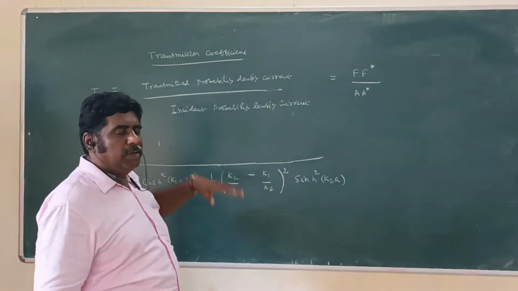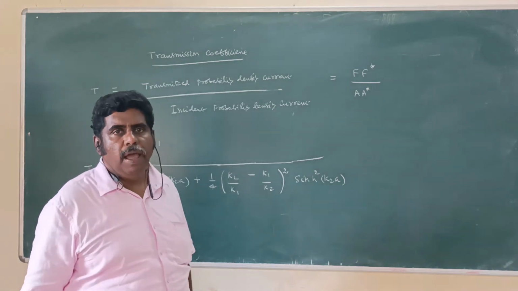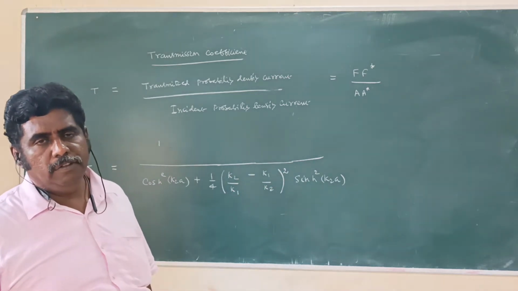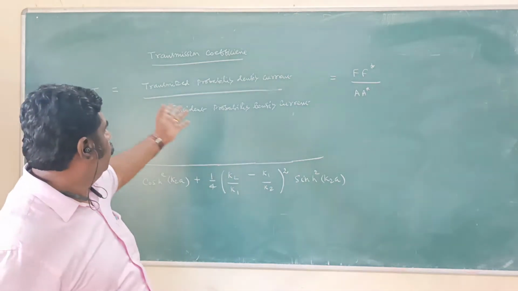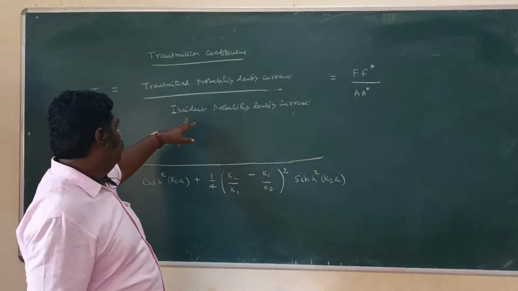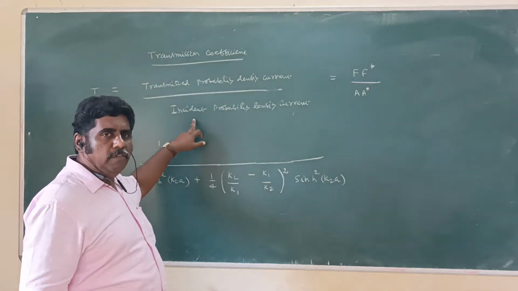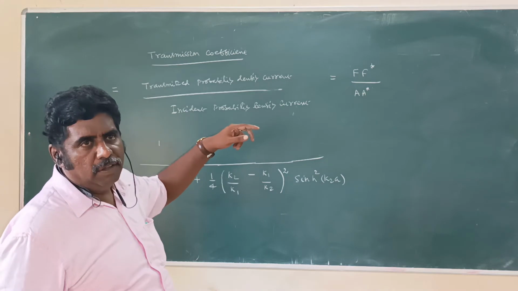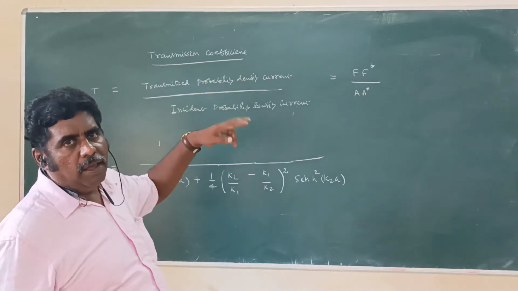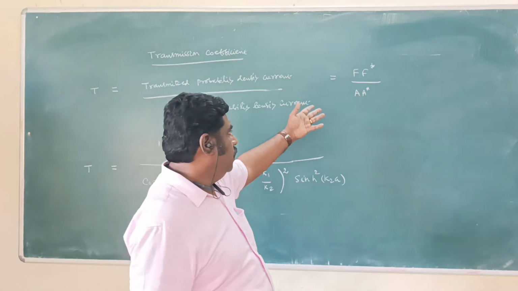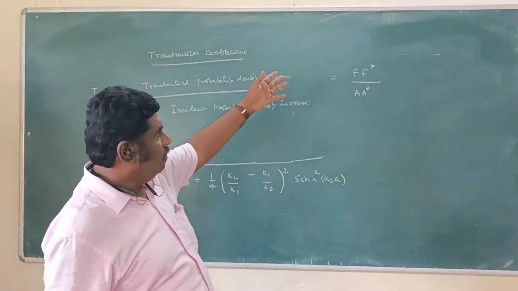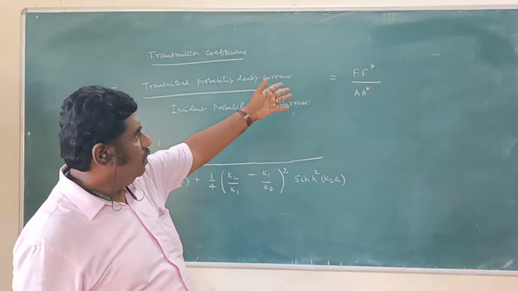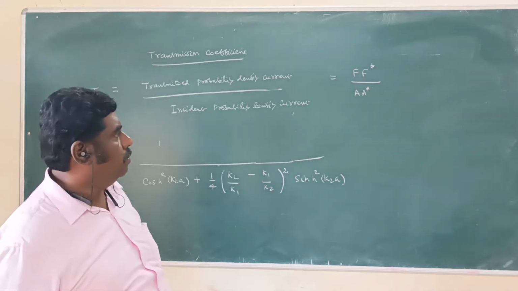Here the transmitted wave is represented by F e^(ikx). Taking the complex conjugate of that wave function and multiplying by v, we have the value of the transmitted probability density current. Then the incident probability density current is v into A star e^(-ikx) into A e^(ikx), so we have v A star. In the numerator we have v F star, so we can cancel the term v. Finally, we arrive at F star divided by A star, because the transmitted wave is